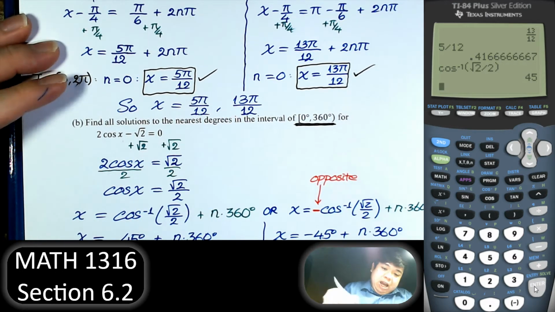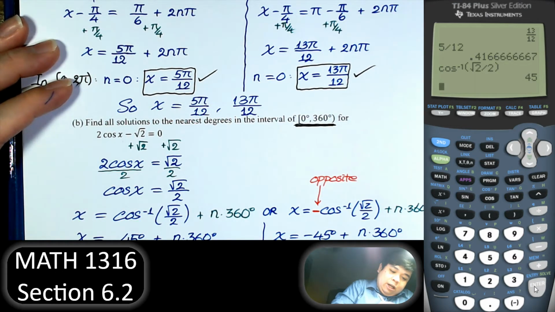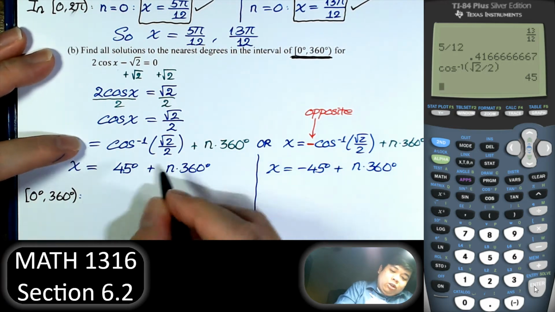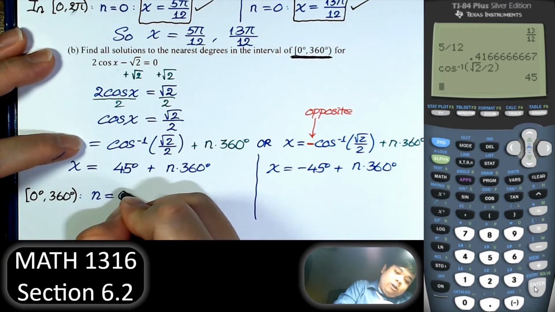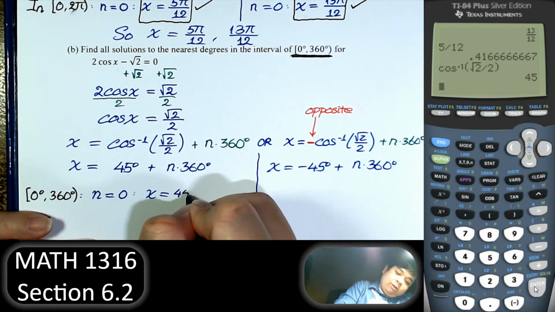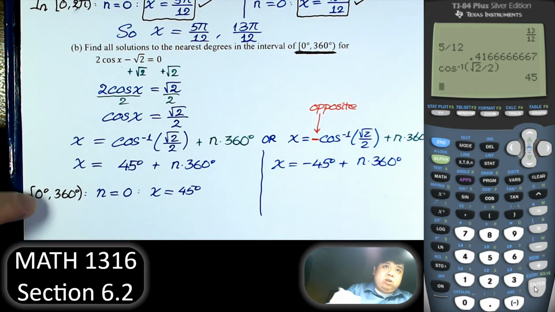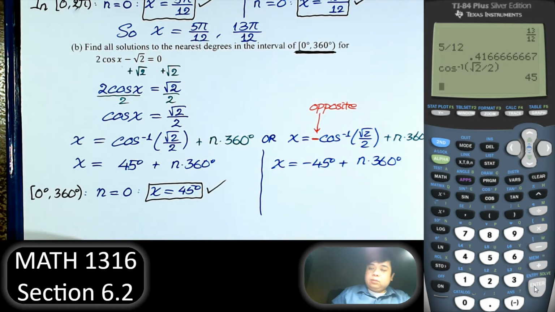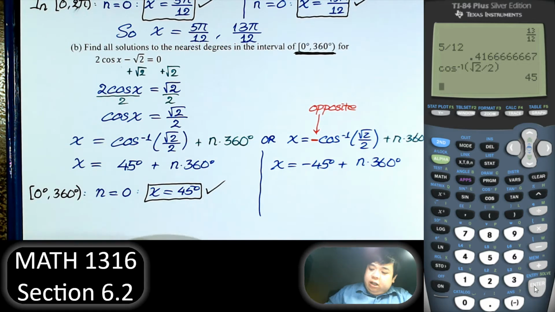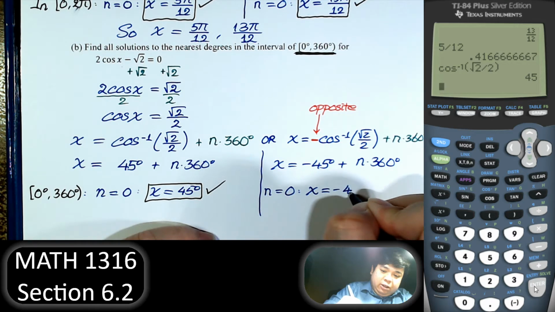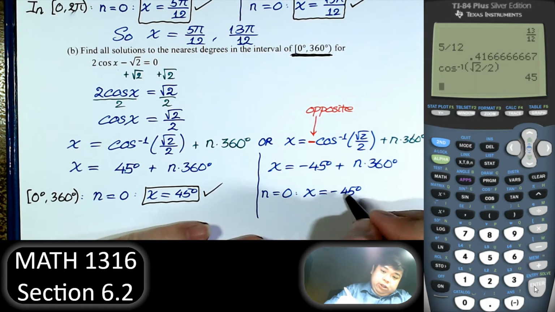Now, remember the answer has to be between 0 degrees and 360 degrees. Right. We'll choose some values for n. If n equals 0, then we have 45 degrees, which is good, and 45 degrees is between 0 and 360 degrees. Now, on this side, if we choose n equal to 0, we have negative 45 degrees, and that is no good,